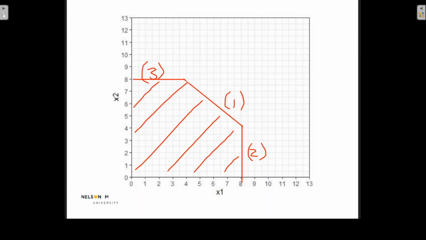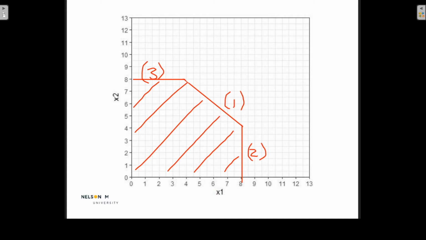So if you look at this graph here, this is the feasible region, and the numbers are the three constraints. So I've got constraints 1, 2, and 3, and the red shaded area is my feasible region. So I know that my solution must fall within this feasible region. So now to find the values for x1 and x2 so as to maximize my objective function, I'll start by